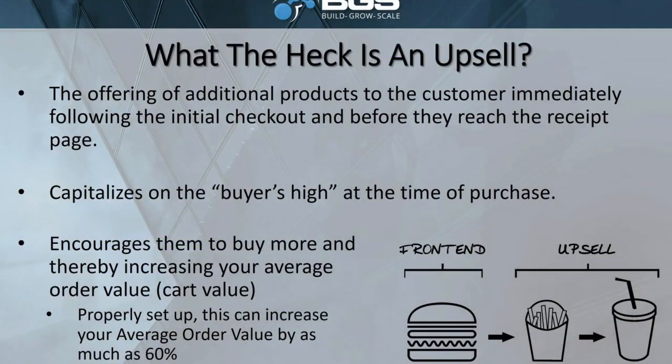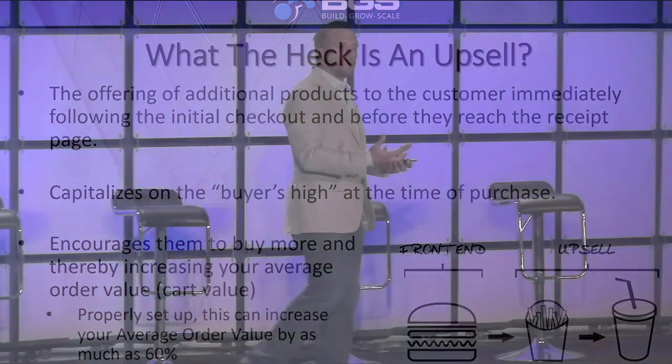So ACV, AOV, it's all the same thing. Average cart value or average order value, they're used interchangeably, they mean the same thing. What is the average amount that a customer spends with you when they make a purchase? That's your average value. Not the total value that they could make, but how much are you actually making from them? Okay? If you only have one product and the average person only buys one, what's your average order value? Whatever the cost of that product is, $10.